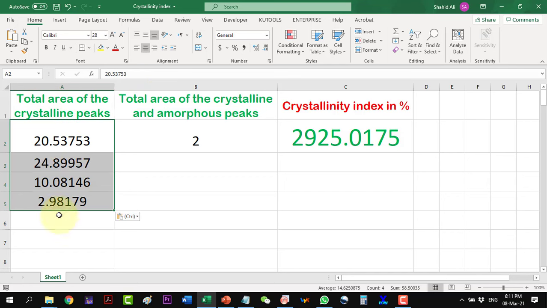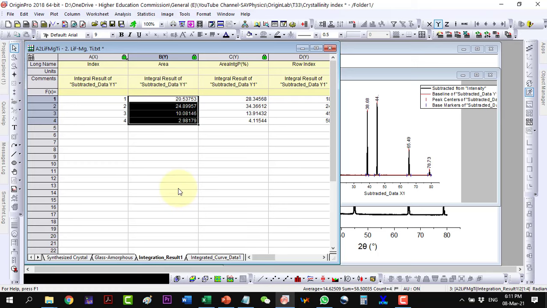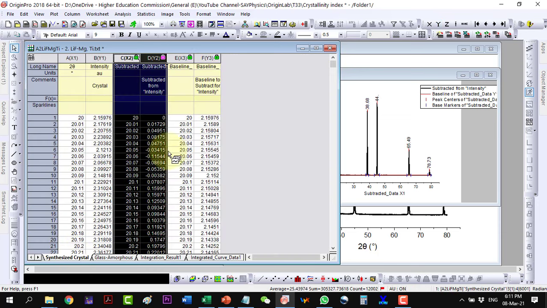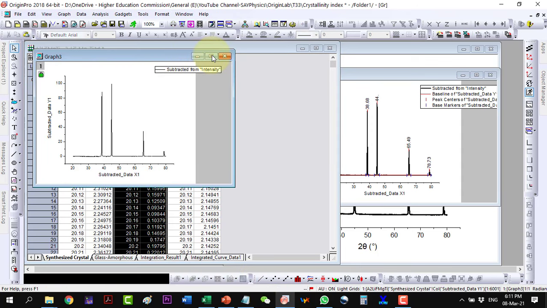And now our next job is to find the total area of the XRD plot, which is containing both the crystalline and amorphous peaks. Amorphous peaks are actually the noise in our plot. So go back to the data and plot this data again.